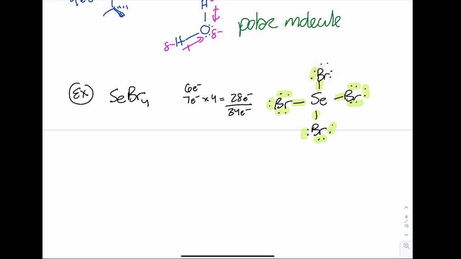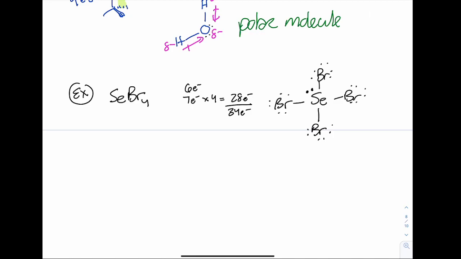So I do have electrons left over, and those lone pairs are going to go on my central atom. So I'm going to put a lone pair somewhere on selenium. This is just the Lewis structure, so the only thing that really matters is that selenium's in the middle. It has a lone pair and 4 bonds to bromine, and then each of those bromine atoms have 3 lone